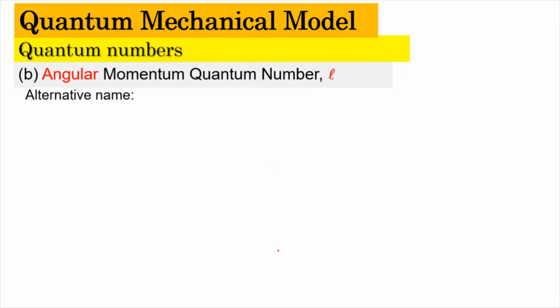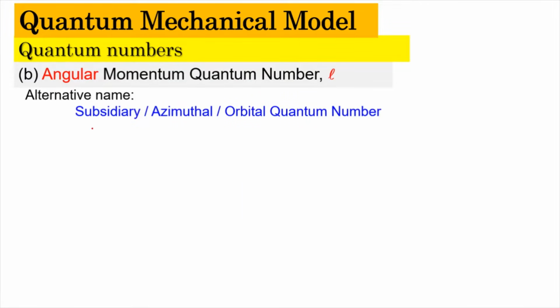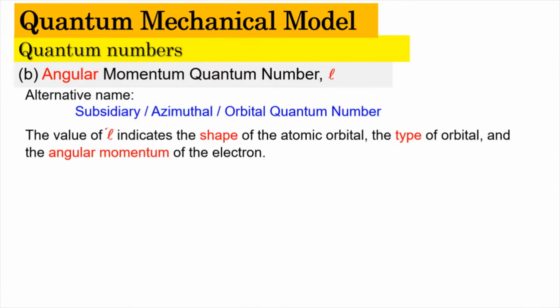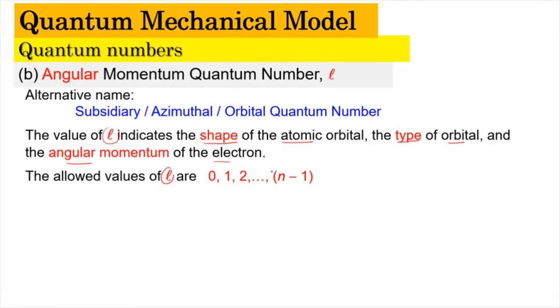Okay. Next, we're going to have the angular momentum quantum number L. The angular momentum quantum number L has a few alternative names. For example, it can also be known as the subsidiary, azimuthal, or orbital quantum number. The value of L indicates the shape of the orbital, the type of the orbital, and the angular momentum of the electron. This value of L depends on the value of n that we have learned just now. So it needs to be an integer as well, which is 0, 1, 2, up to n